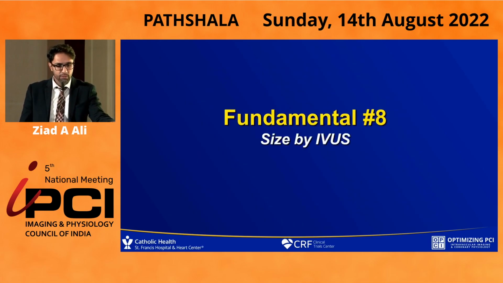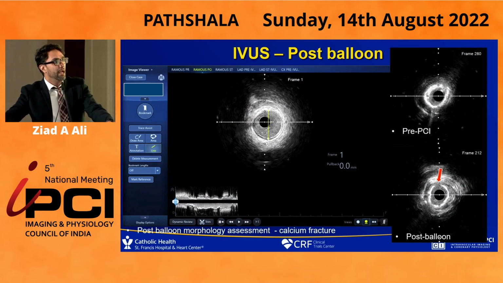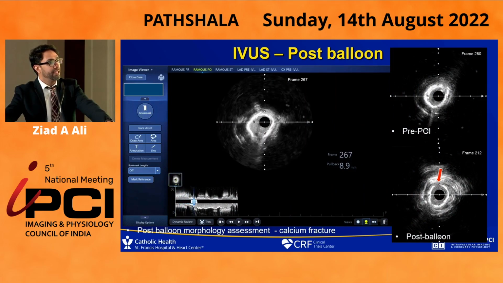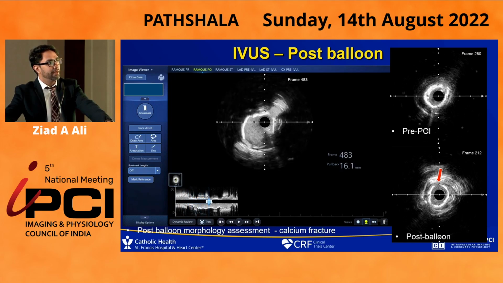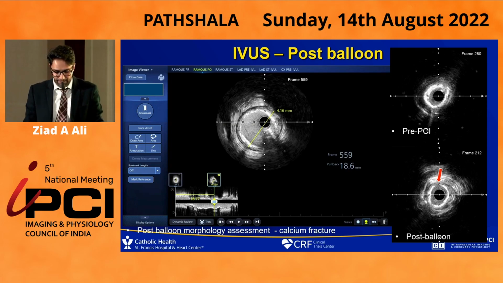After pre-dilating, we also need to size by IVUS. And what we're doing is we're at the distal reference measuring the artery, creating a bookmark, scrolling through the lesion, which is now cracked, and finding a segment of artery where we're willing to land. So you can see here, I'm looking for a proximal reference. This is an area with a plaque burden of less than 50%, and I have everything that I need. I have the distal reference, I have the proximal reference, and I have the length. So I need an 18 millimeter stent.